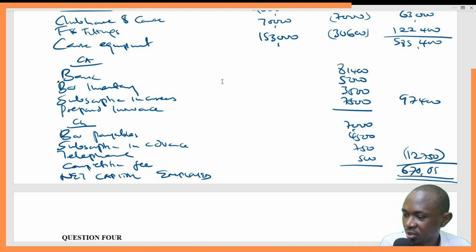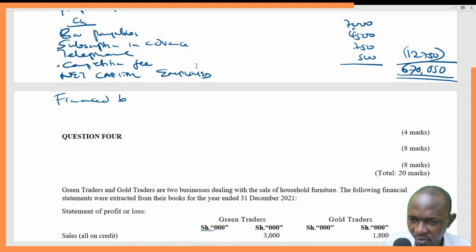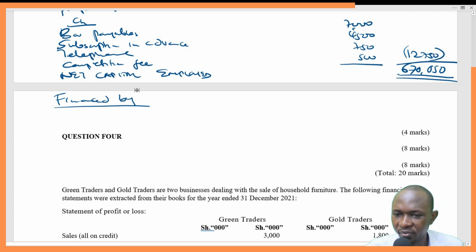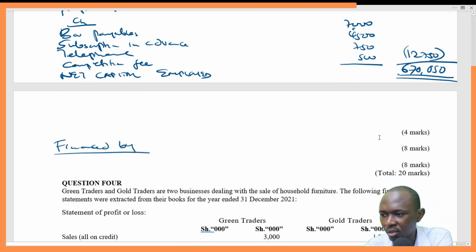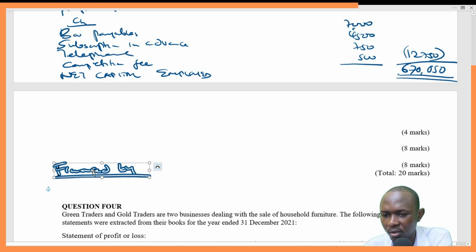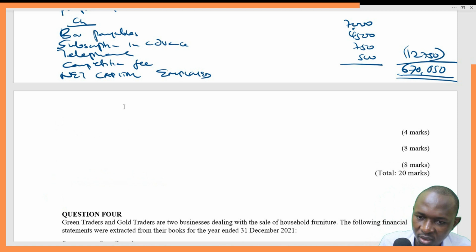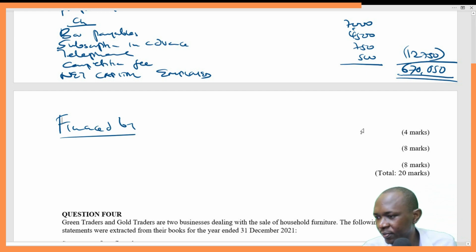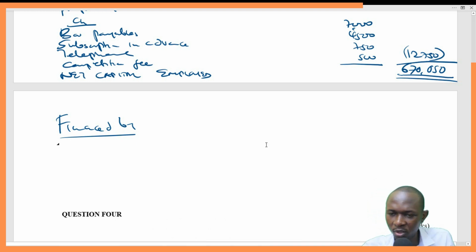Now we are almost closing, almost at the end. I hope we get it right. So financed by, we start with the financed by section. Push this down. So financed by